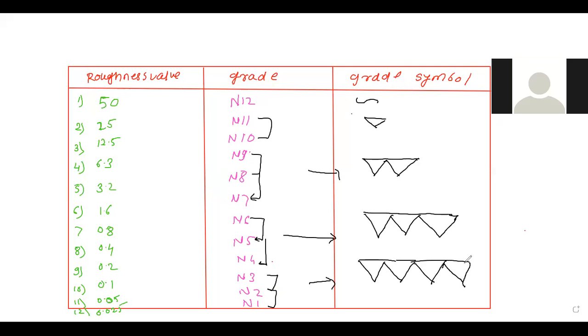Okay, so this is the surface roughness grade chart. Any doubt, any problem? Everything is understood? Remaining students, anybody having any problem? Okay, everyone has got it. So thank you for today. That much is sufficient. Whatever the remaining part is, those points we will discuss in the next lecture.